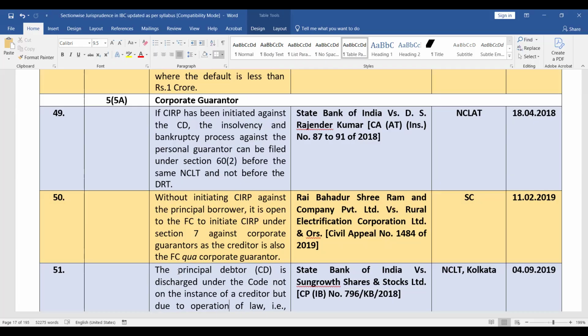ठीक है, नेक्स्ट है विदाउट इनिशिएटिंग सीआईआरपी अगेंस्ट द प्रिंसिपल बोरोवर इट इज ओपन टू द एफसी टू इनिशिएट सीआईआरपी अंडर सेक्शन 7 अगेंस्ट कॉर्पोरेट गारंटर्स एज द क्रेडिटर इज आल्सो द एफसी qua कॉर्पोरेट गारंटर। तो ऑप्शन किसके पास है? ऑप्शन क्रेडिटर के पास है, चाहे वो कॉर्पोरेट डेटर के अगेंस्ट में प्रोसीड करे या कॉर्पोरेट गारंटर के अगेंस्ट में प्रोसीड करे। ठीक है, लायबिलिटीज कोएक्सटेंसिव।